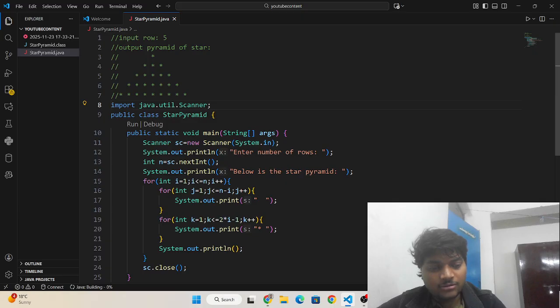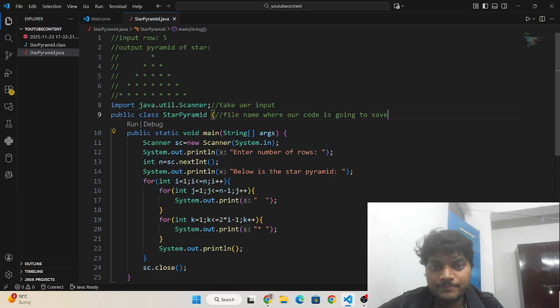Now you already know this is a Scanner class to take user input, so I need to write an input comment to take user input. This is the file name where our code is going to be saved. This is the main method.